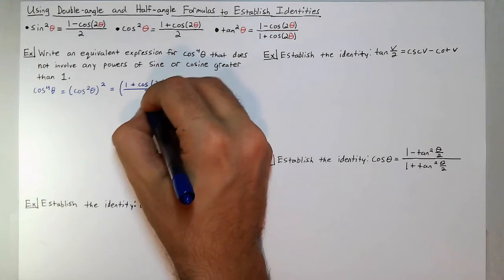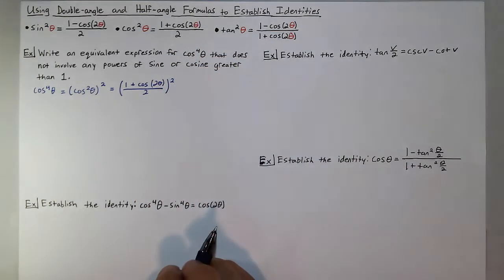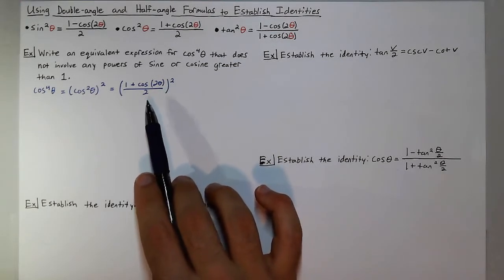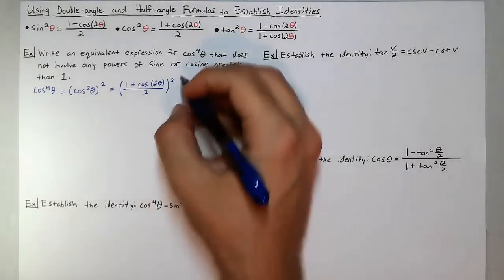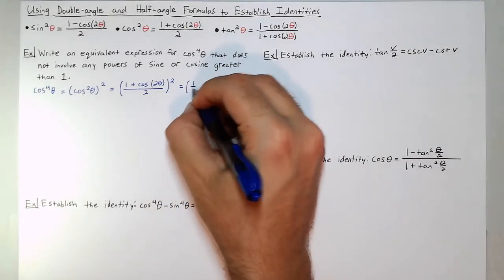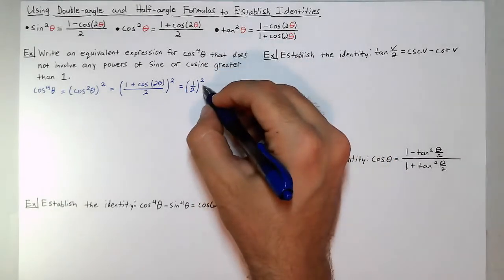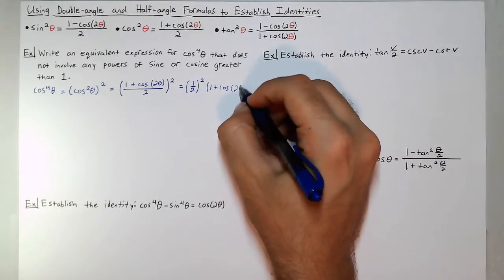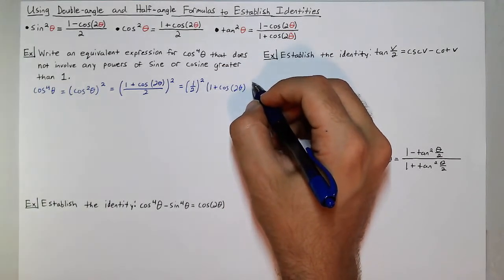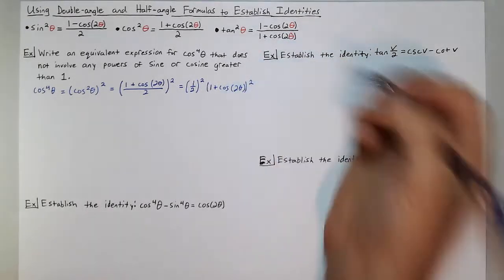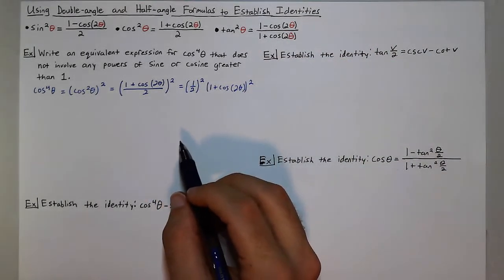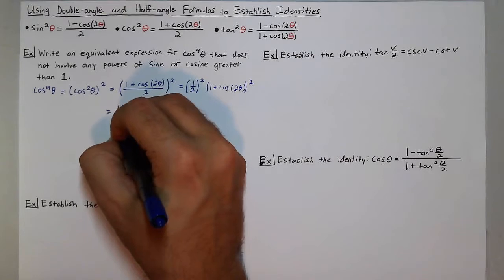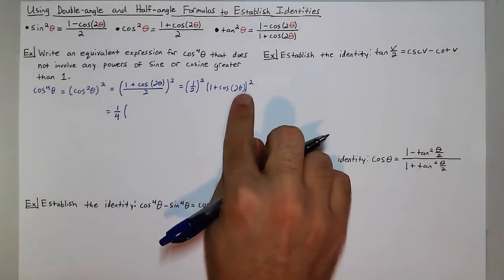all over 2, squared. And now, in order to square this, one thing that's going to make my life a little easier is I'm going to factor out that 1/2. But when I factor out the 1/2, it's also going to be squared. And then I'll just square 1 plus cosine of 2 theta. So whenever I go to square, I'll just have 1/4 times 1 plus cosine of 2 theta squared, which